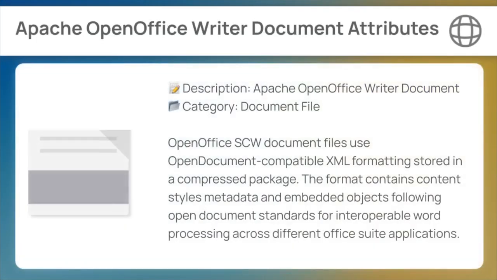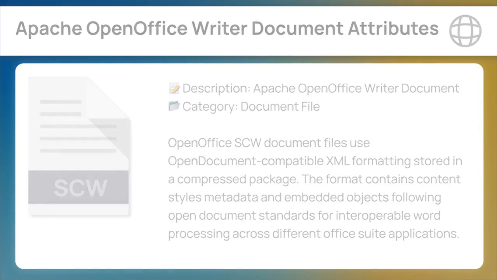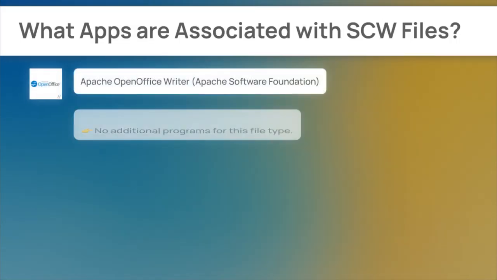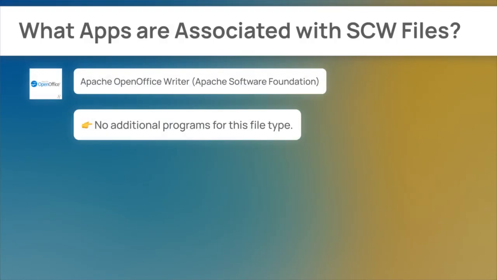OpenOffice SCW document files use OpenDocument-compatible XML formatting stored in a compressed package. The format contains content styles, metadata, and embedded objects following Open Document standards for interoperable word processing across different Office Suite applications. The best utility for reliable viewing of SCW is known to be Apache OpenOffice Writer by Apache Software